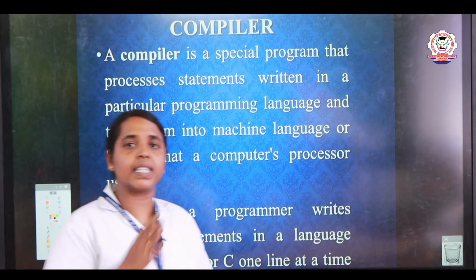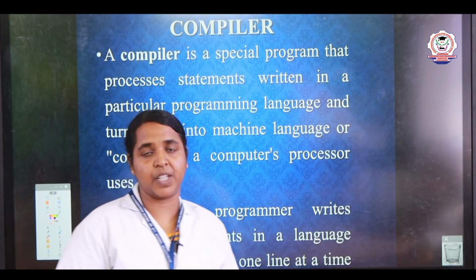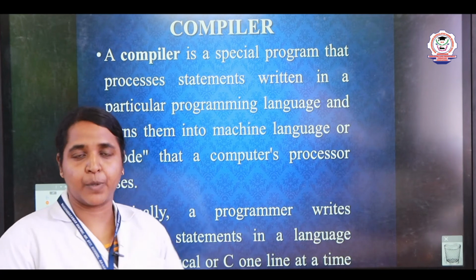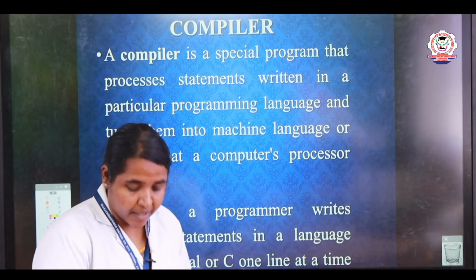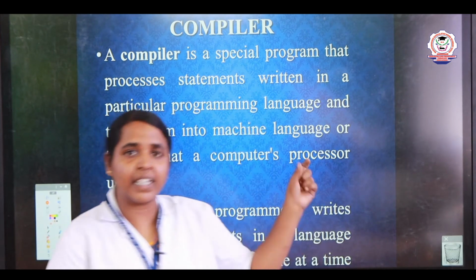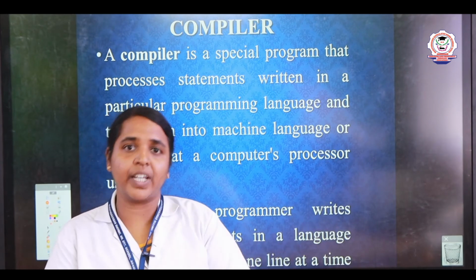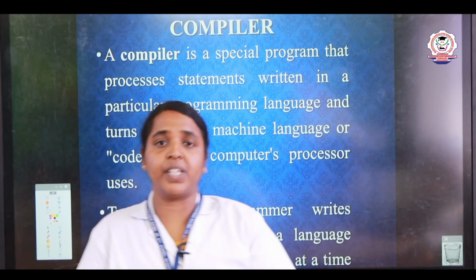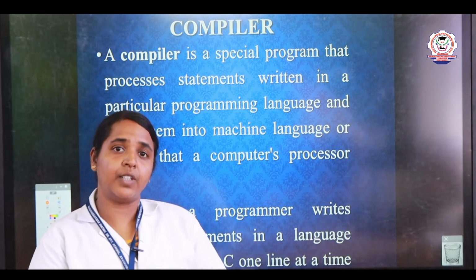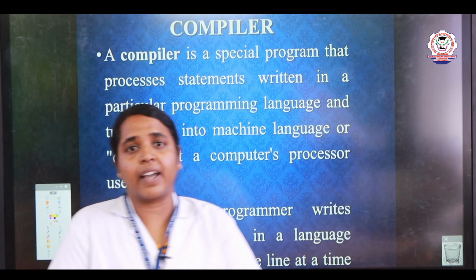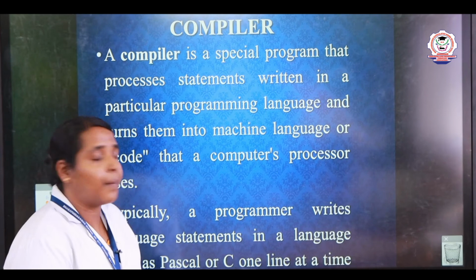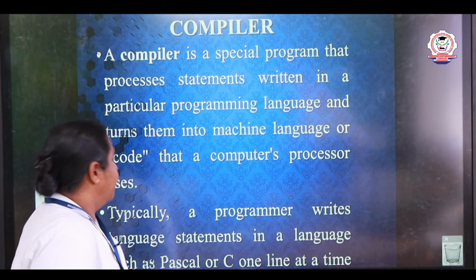If you are using C, C++, or Java programming, to run the program you have to compile it. So what is compiling? It compiles the full program. From top to bottom it reads the program and finds the errors. If an error occurs, it gives instructions on how to rectify it. You have to rectify it, compile again, and then execute the program. That is called a compiler. So what is an interpreter?